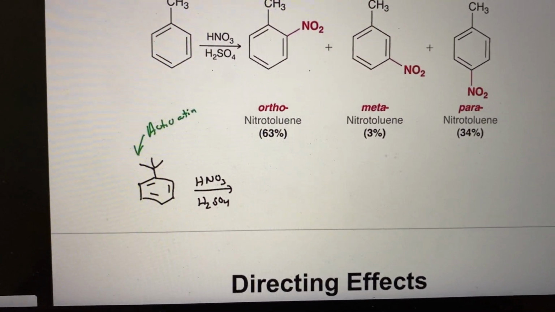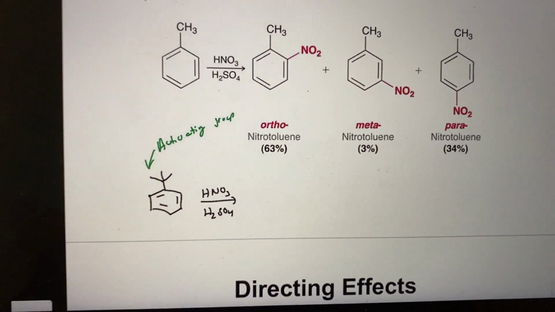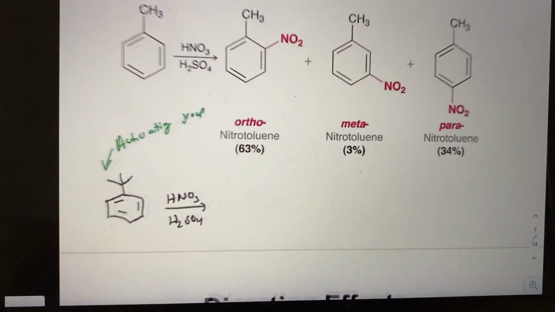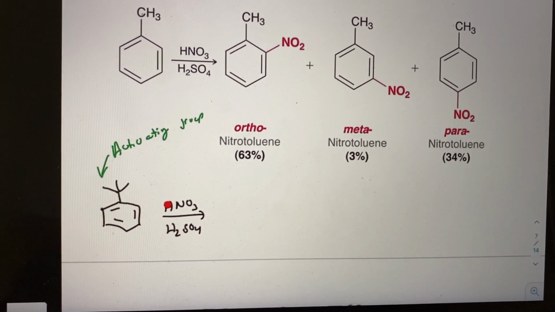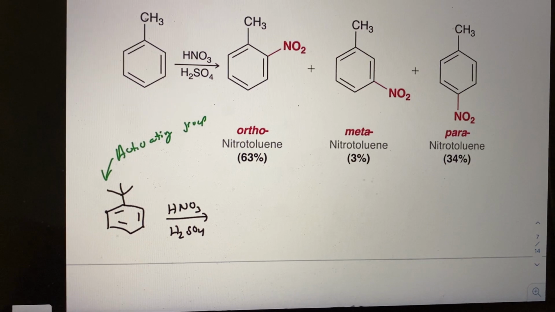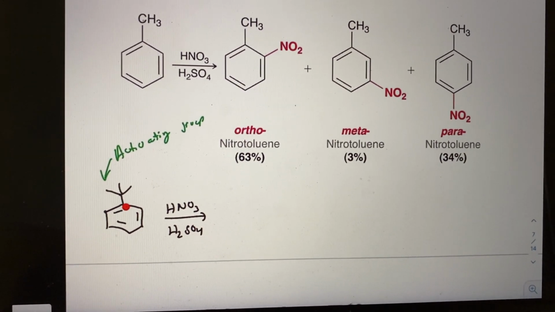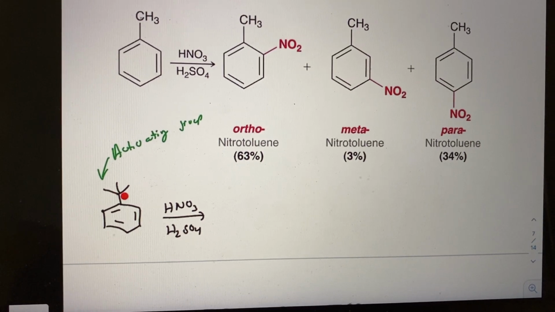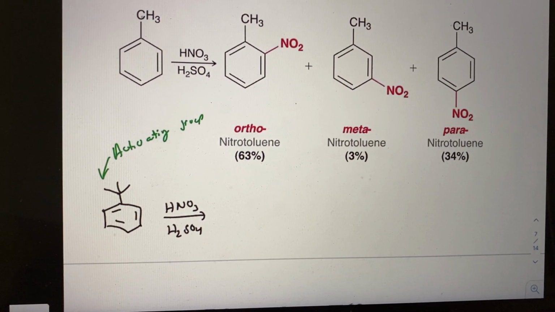So it reacts faster than benzene. We could draw all of the resonance structures. Let me go a little larger here. We draw all of the resonance structures when this attacks our strong electrophile. And we would find that just like we can put a carbocation on toluene, the same thing here. So this group will be known as an ortho-para director, meaning it prefers having the substituent at the ortho or